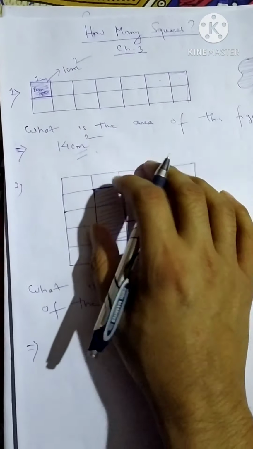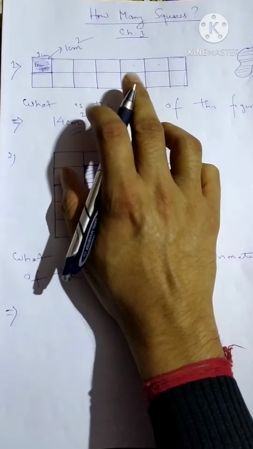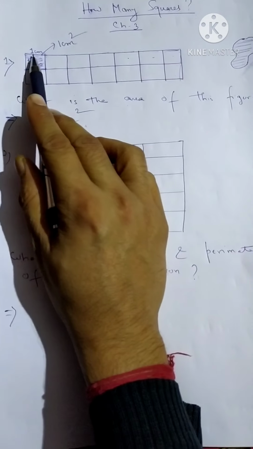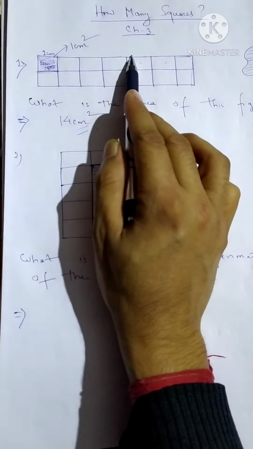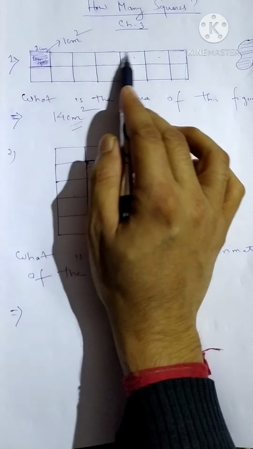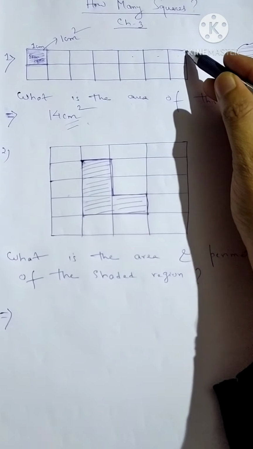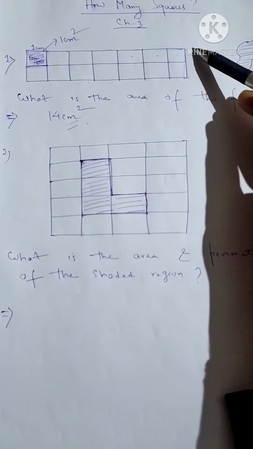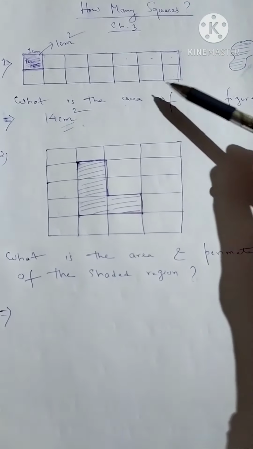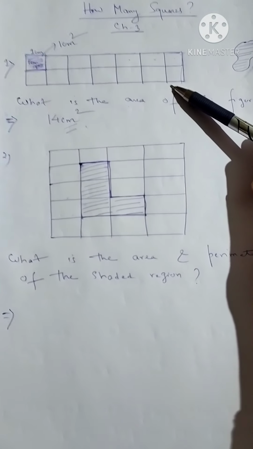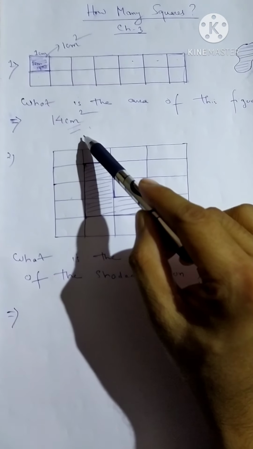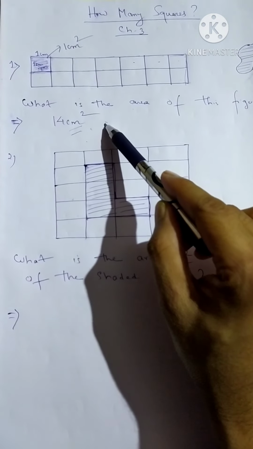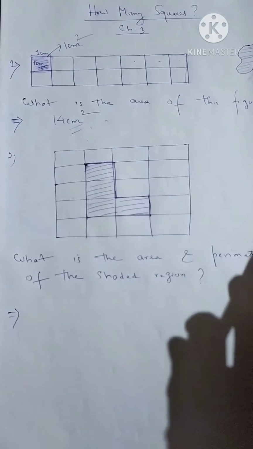Now this perimeter is your homework. You find out the perimeter of this figure. Again I am giving the hints. Each side is 1 centimeter. So 1, 2, 3, 4, 5, 6, 7. This 7 centimeter is the length, and here again 1, 2, 2 centimeter. So 7 centimeter is the length and 2 centimeter is the breadth. You know this figure is a rectangle, so 2 into (L plus B). I have done the area and you find out the perimeter of this figure. Okay, this is your homework.